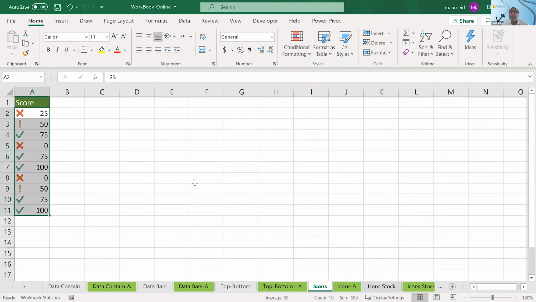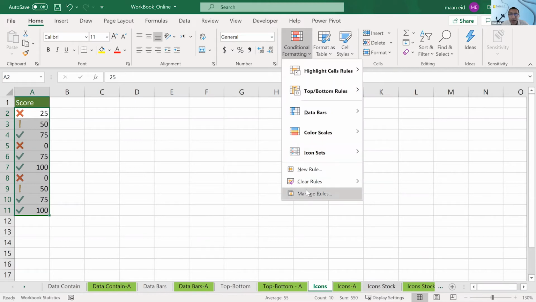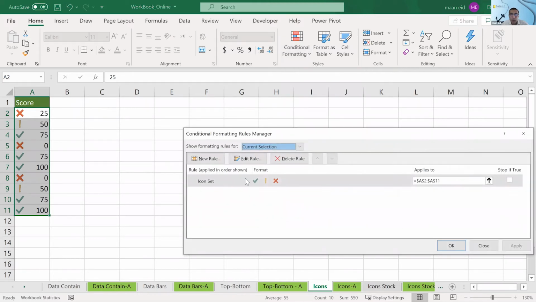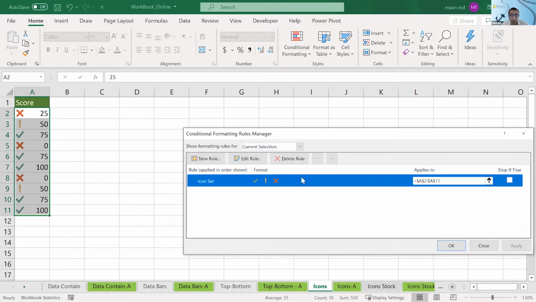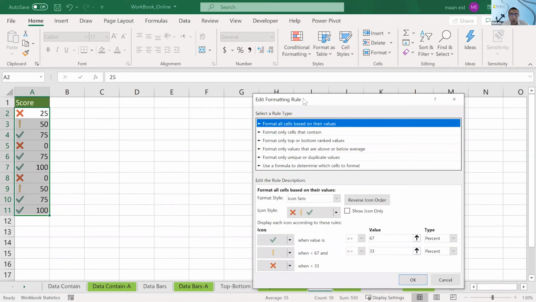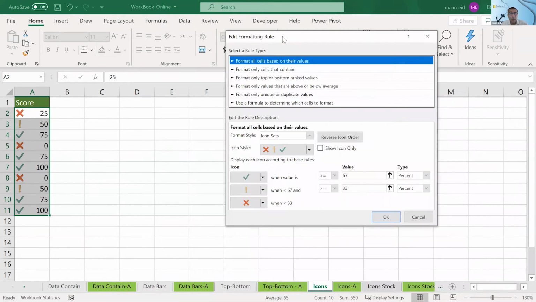In fact, here I need to manage the rule. Why? Because I want only 0 and 100 to be either crossed or checked. Okay? Only 0 and 100. So what I will do is I will go there and I will manage rules again. So here's the rule. This is the rule I will manage. I either double click it or edit the rule. Both are okay. Now, it says here,